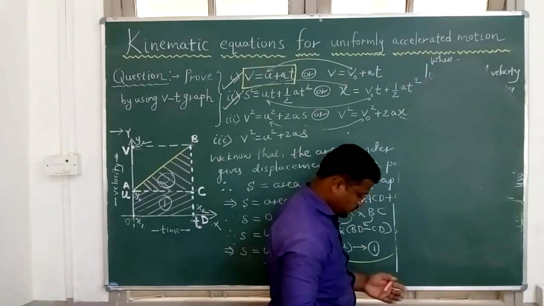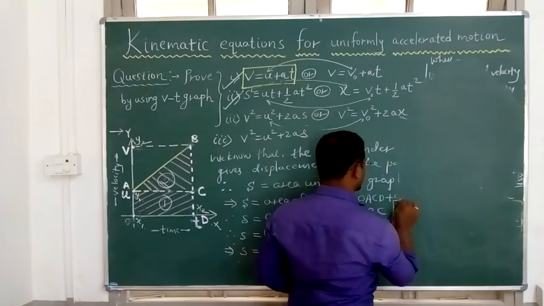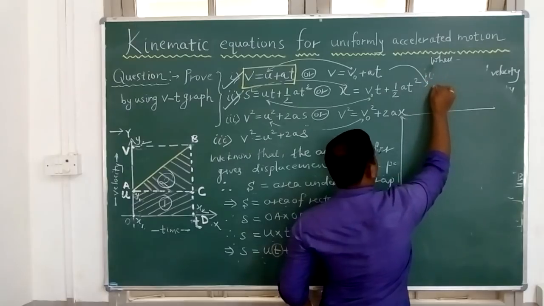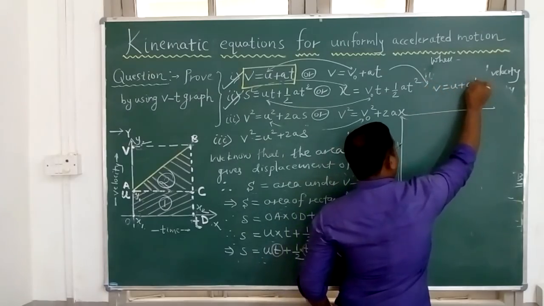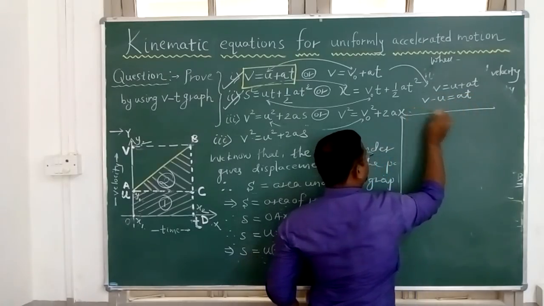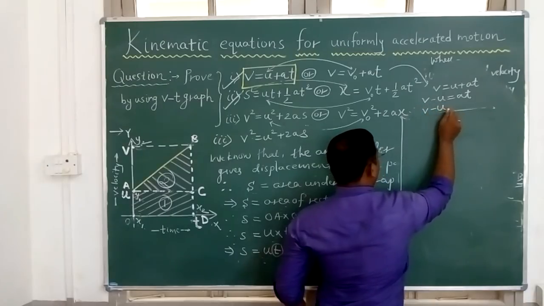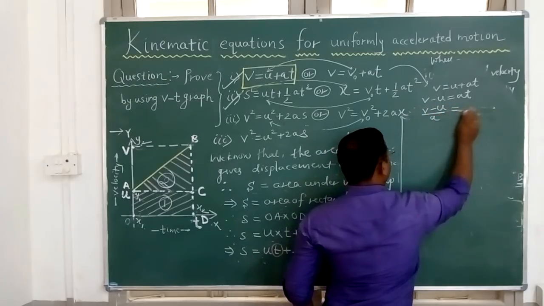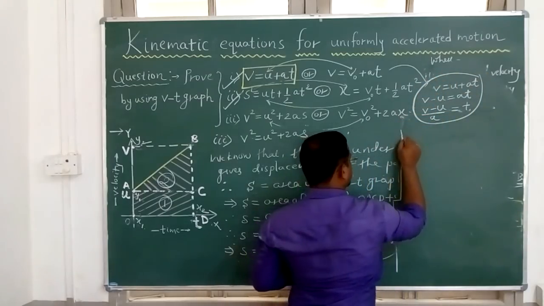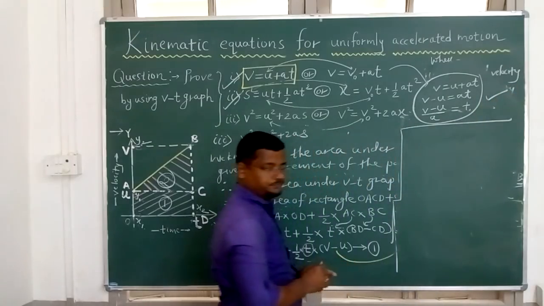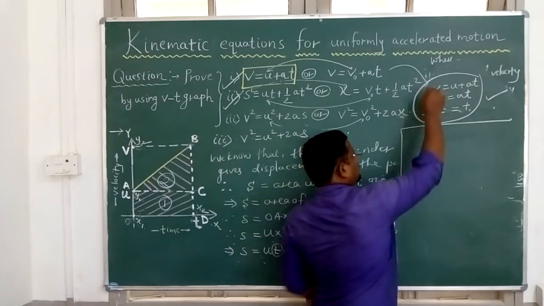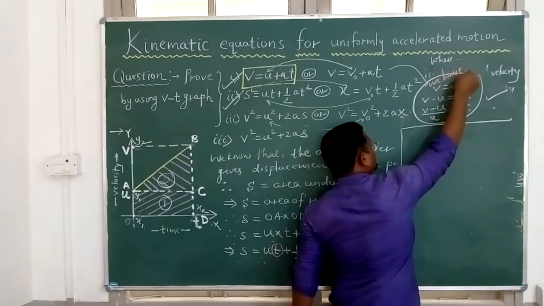Just see, here I am going to prove this here. So what is my equation? Here I am writing. What is my equation? V is equal to U plus AT. So can I write V minus U is equal to A into T. So can I write here like this, V minus U divided by A is nothing but what? Time. And this I will use in this derivation. This I am going to use here. Right? So you can write here to one side of your page, we have V equal to U plus AT.